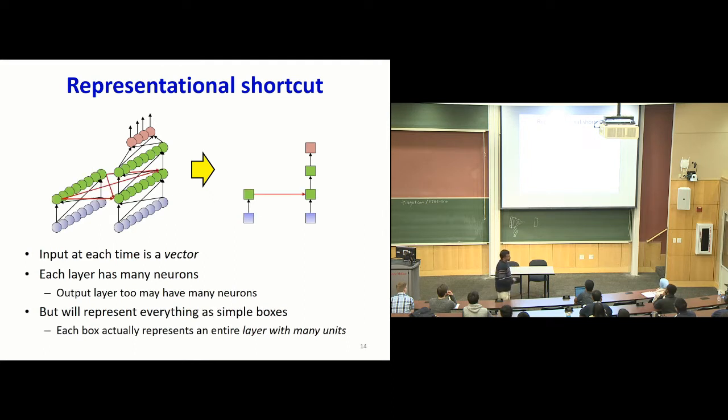So just to drive the point home, suppose I had a network of this kind, which considers 2 vectors. You produce some hidden representation based on this vector, which feeds into some other hidden representation, which takes as input the first hidden representation and the second vector. This whole complicated structure, I'm going to show in simplified form like so. Again, the blue boxes represent inputs going into the page. The green boxes represent a layer of neurons going into the page, and all lines represent a complete set of interconnections. Right? So continuing on.